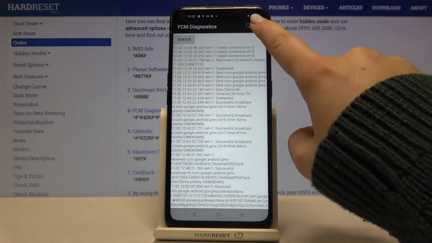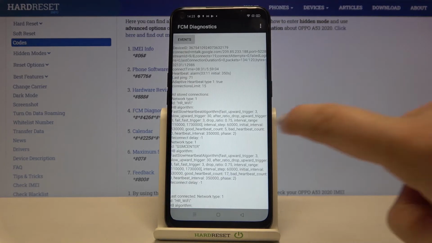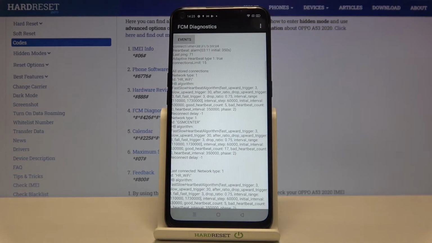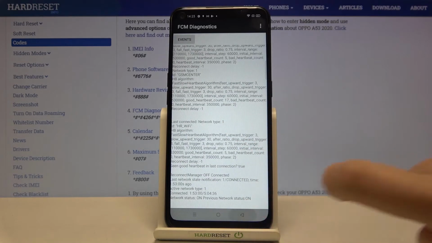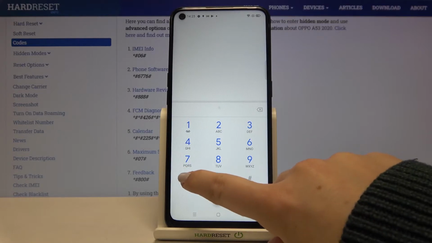What's more, we can tap on this three dots icon and tap on advanced view. After tapping on the status, here we receive much more info, for example, network type or last connected network type. Let me get back and let me show you another code, which is